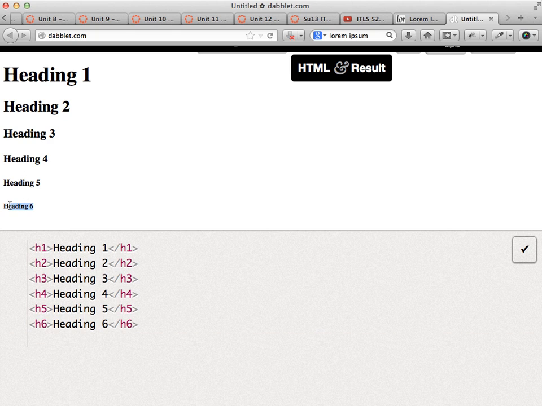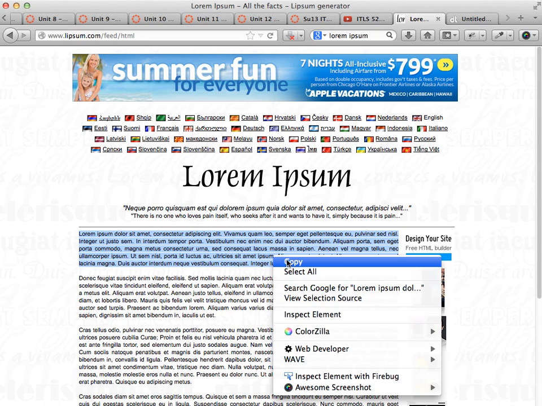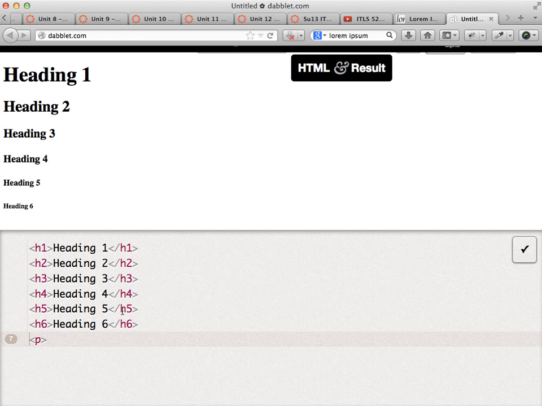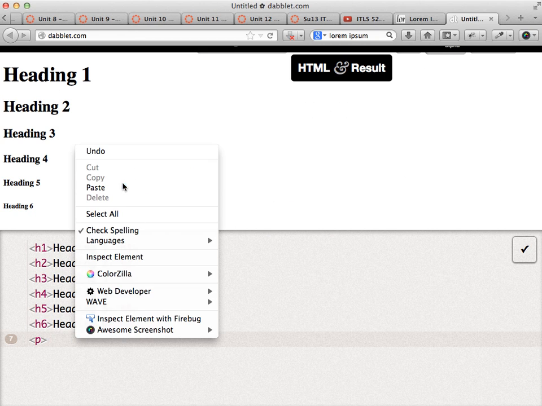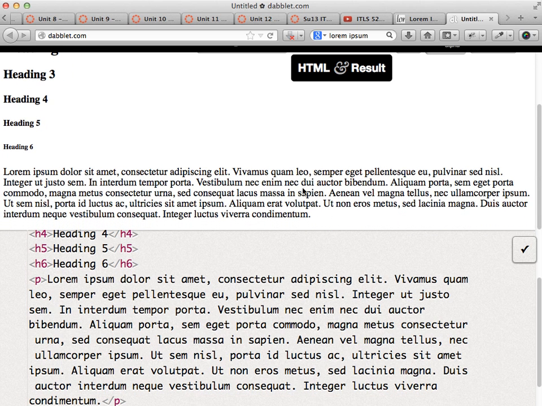By the time you get down to heading 6, it's rather small. And really, if we add some paragraph text, I'm just going to grab some Latin from this website here that we can use as a test. Copy, come back over here, and I'll paste it into my paragraph. You'll notice that when we add paragraph text, it's actually bigger than the heading 6,